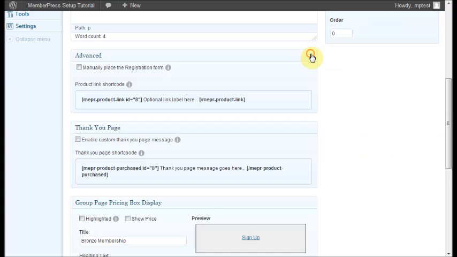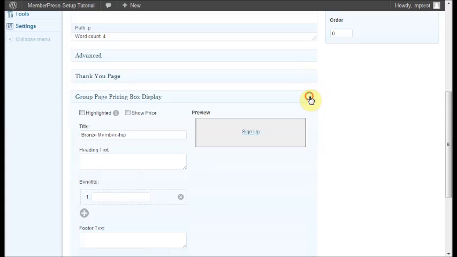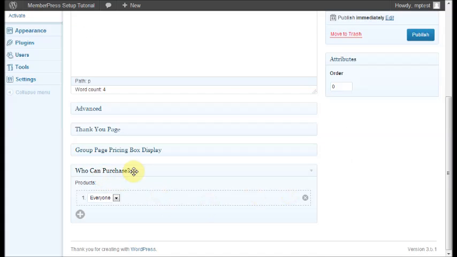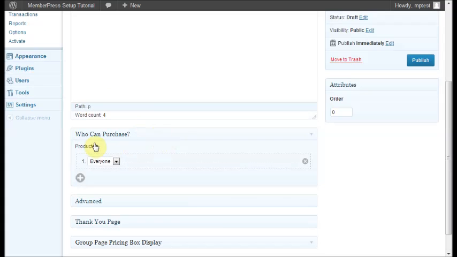And we're going to go over some of these later. I'm going to put this at the top. Who can purchase? We want everyone to be able to purchase this product. Just so you're aware, you do have 2 other options. It's guests can purchase it or members can purchase it. And if you choose members, you can select members who have purchased nothing or members who have purchased anything. And once you've created some other products, they will show up in this list as well. So I'm going to put this back to everyone, publish,